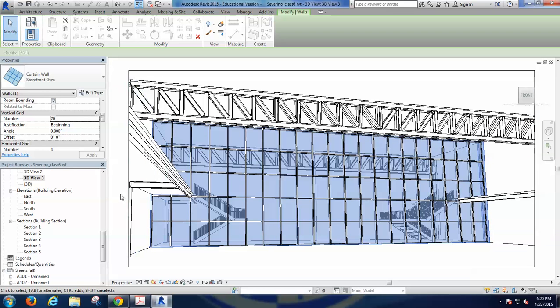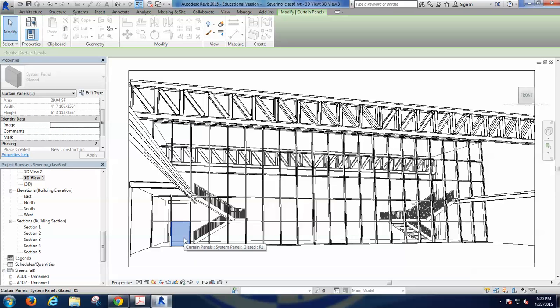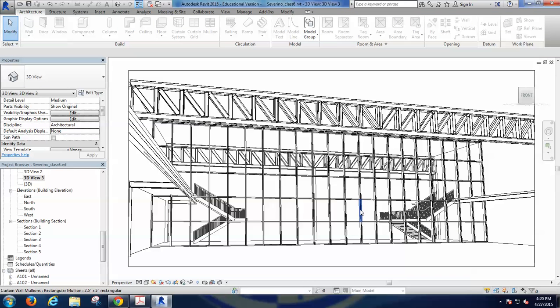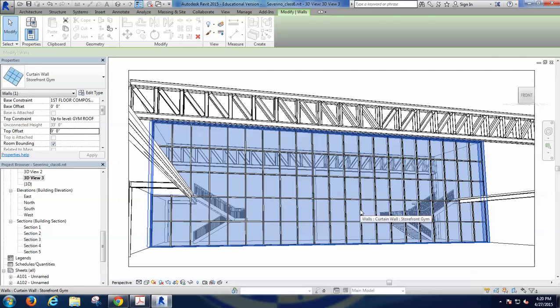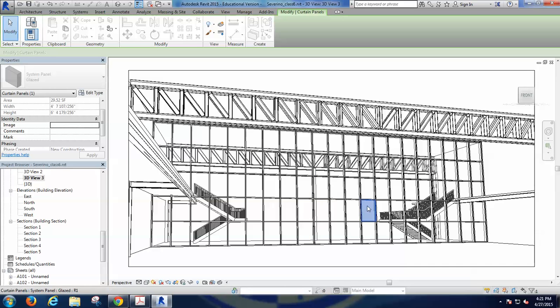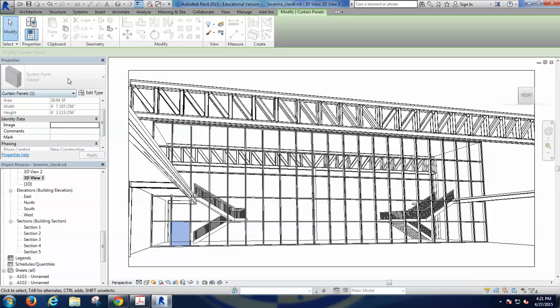Okay. A couple of things that are good to notice: now you can also tap to select the whole thing, or tap to select the panel inside. So again, we can select the mullion, we can select the entire curtain wall, or you can start tabbing to select the panels inside. When you tap and select the panels, you see how it gives you different types of, say, system panel glaze. So we're going to be able to select afterwards, instead of a panel, give me actually a door. We'll actually do it later, okay,